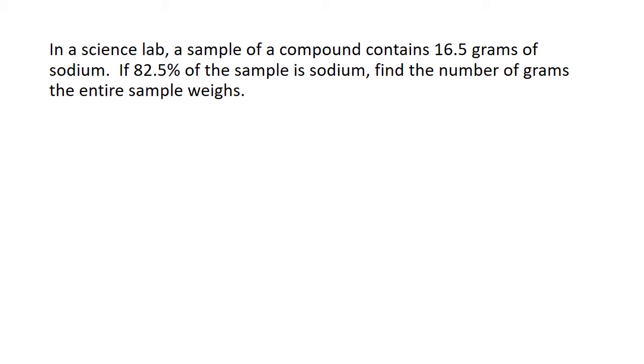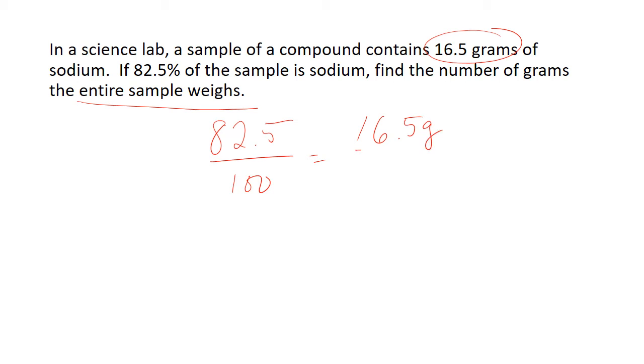In a science lab, a sample of a compound contains 16.5 grams of sodium. If 82.5% of the sample is sodium, find the number of grams of the entire sample. So we're looking for the big one. We've got the little one, got the part, we're looking for the whole. So once again, I'm going to do my percentage on top over 100. Got my part. I'm looking for my whole. So when I cross multiply, I'll have 82.5x equals